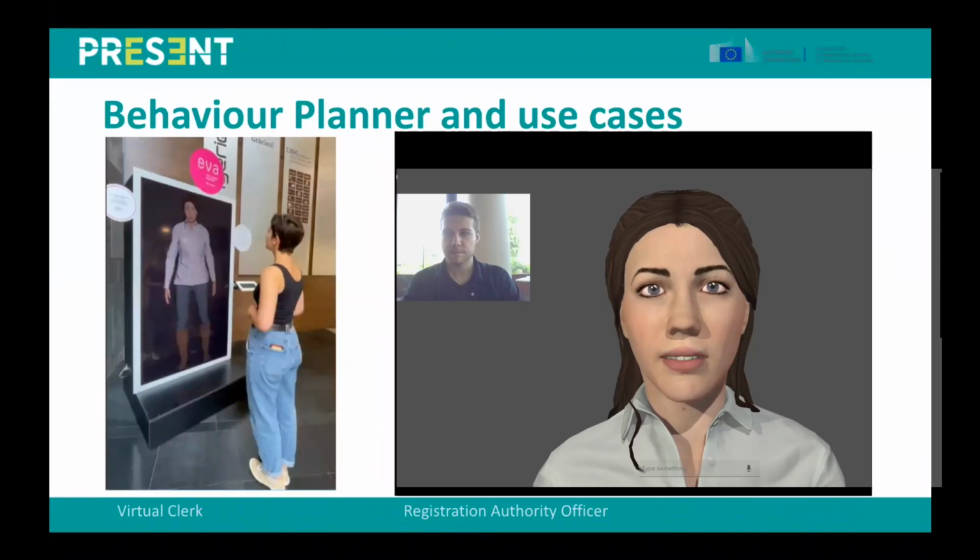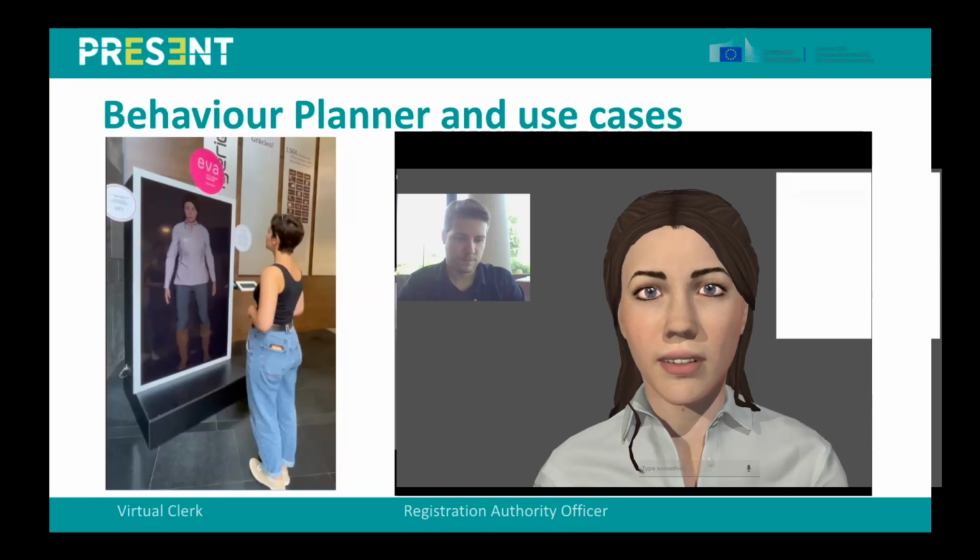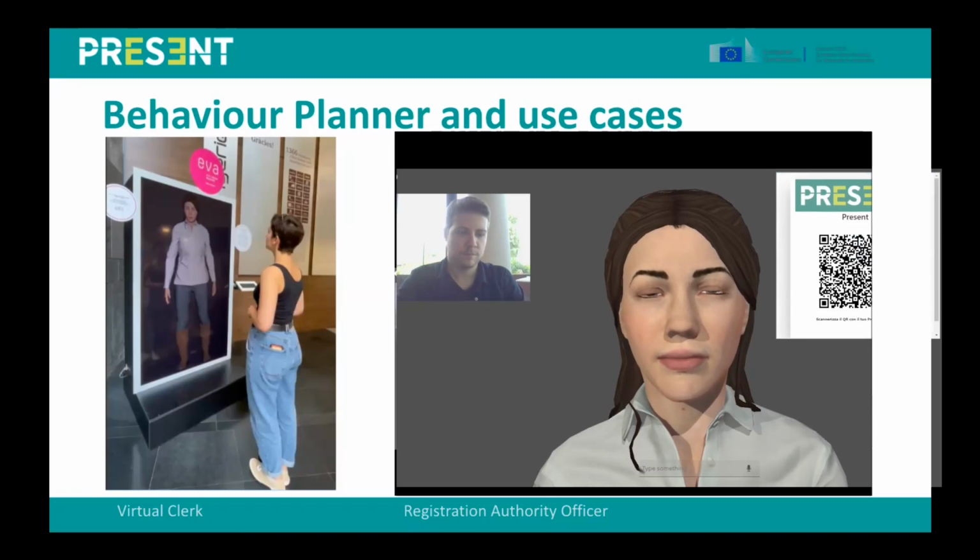Then, the registration authority officer use case of InfoCert, which is an extension of the virtual clerk that uses the security module. In this case, besides asking for information, users can book a venue once they are registered on the system and authenticated themselves. To create the use cases, we developed a system that consists of two modules, a behavior